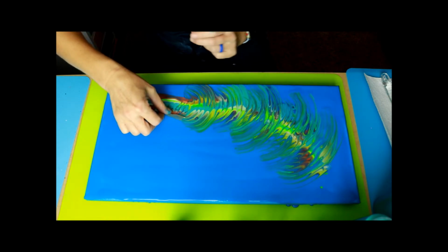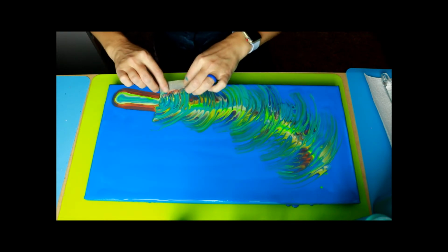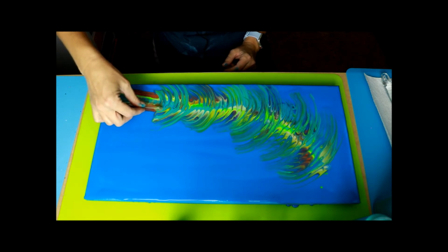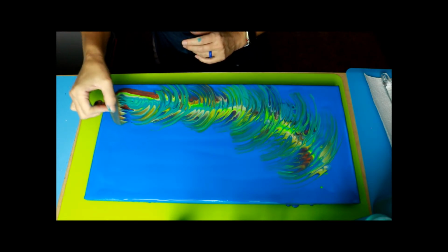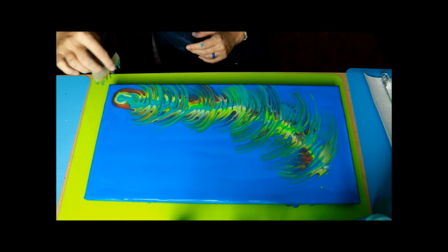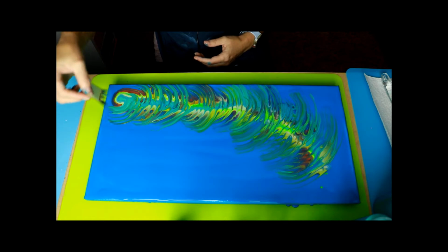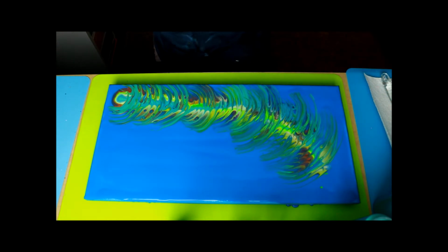Trying to reuse a piece of this wax paper. Okay. And almost there. And this is looking kind of like a feather. It's pretty cool. And let's see. There we go. So now what I'm going to do